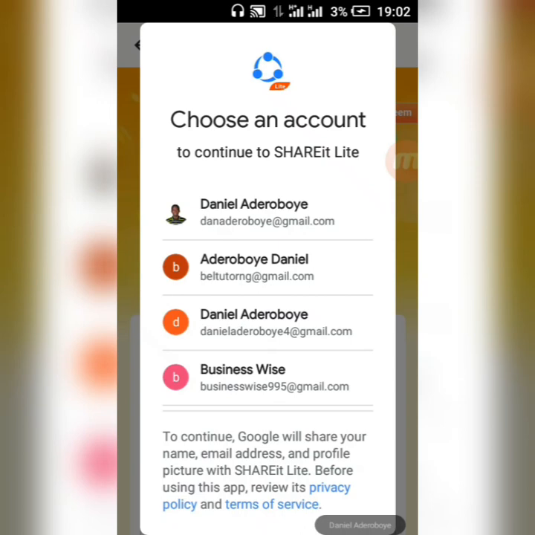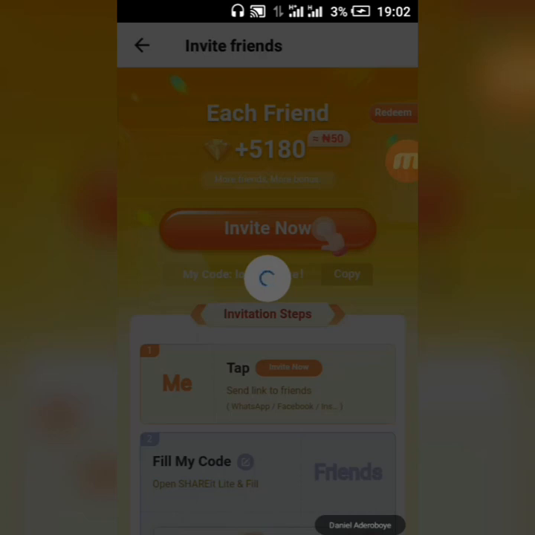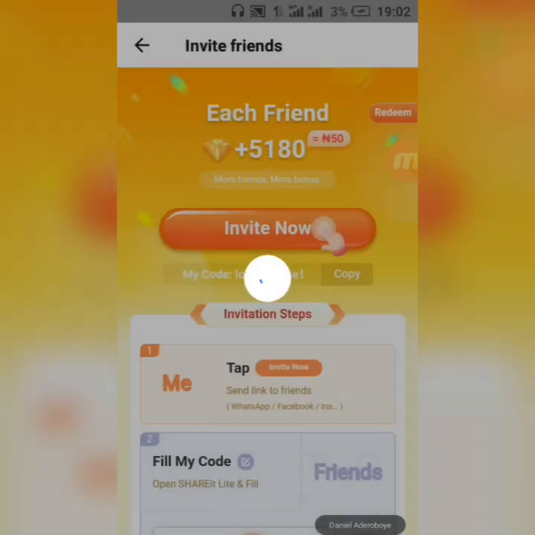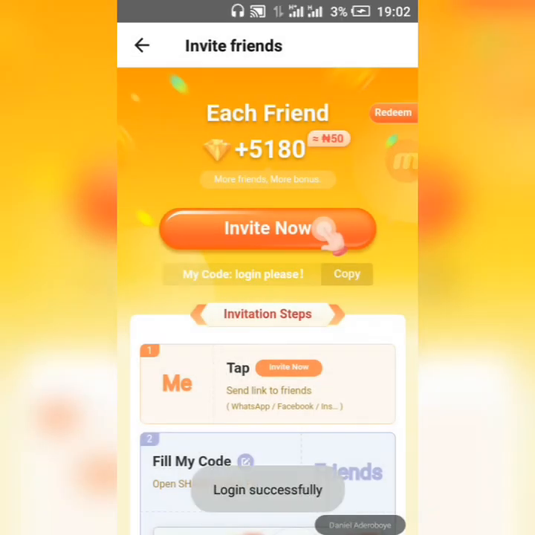So I'm going to click on Daniel, just one of my Gmail. Then automatically I'm now being logged in. So you have to be logged in, and this application works like Sender. So you can just send anything offline. And one thing I like about this application is that Sender, although Sender once had ads, they were unable to sustain it. Sender now has ads on it, but this one is ad free.